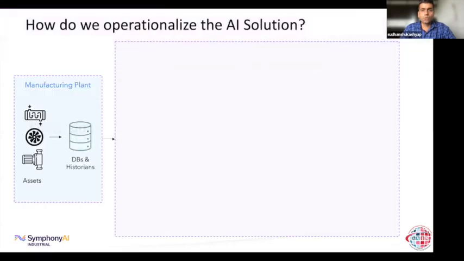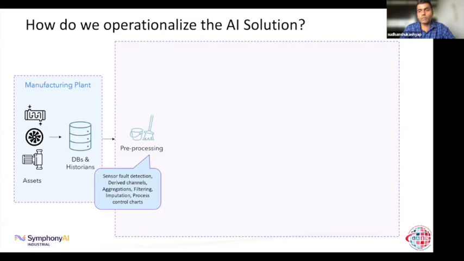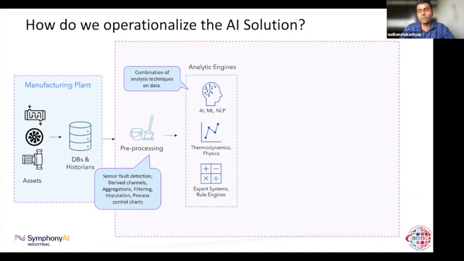So now we come to the end of the presentation, and before we wrap it up, I would like to show a very high level overview. How do we operationalize an AI solution, right? In an industrial setup, we have a manufacturing plant, and we have assets and processes where all the data is being historized, either in historians or some database or DCS systems. So we can connect with those, take the data, and pre-process it. Pre-processing includes all kinds of cleaning of data such that it becomes useful and ready to use in the